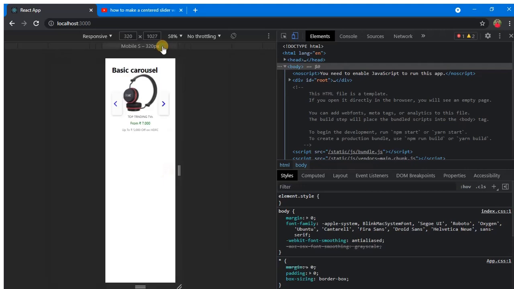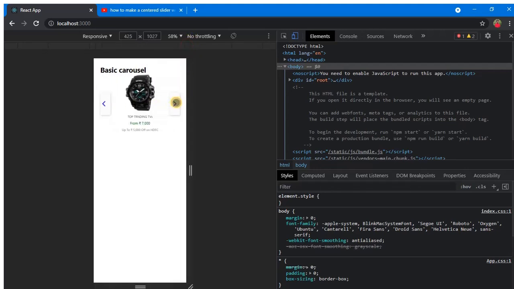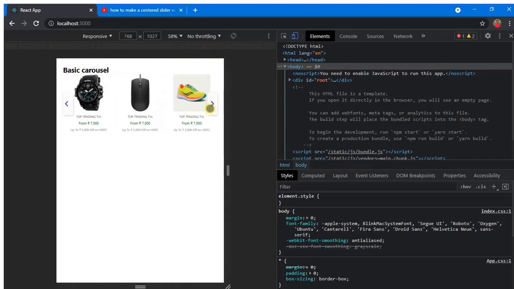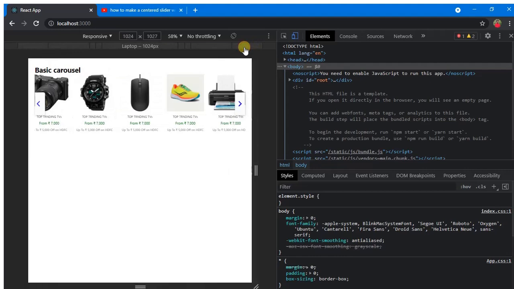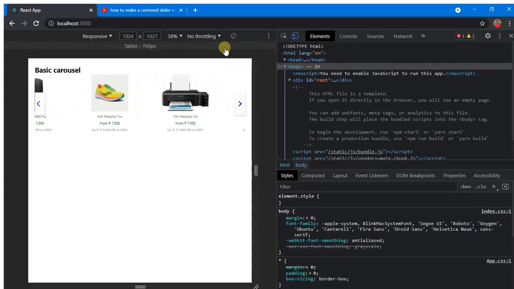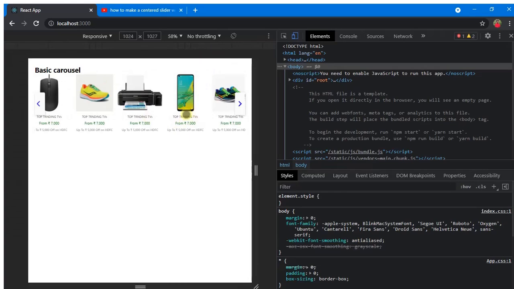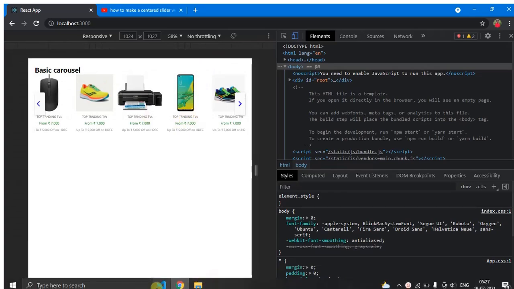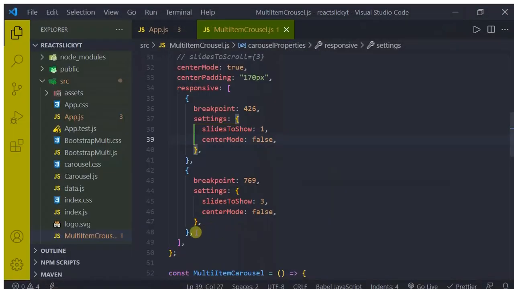That is now if I go to small screens, that is a mobile phone, we are able to see only one image, and if I go to large mobile also, we are able to see only one image, and in the tablet we are able to see these three images, right? And if I go to laptop, okay, this is not good, let's figure this out. And if I go to laptop large, this is fine, right? But in laptop this is not good, right? We'll show only four images and we don't want a center mode prop here also, right?